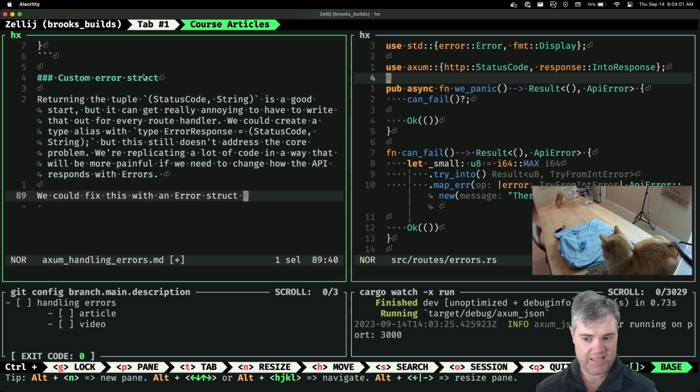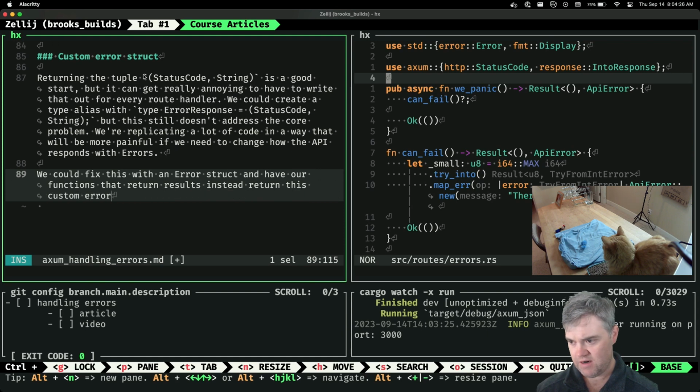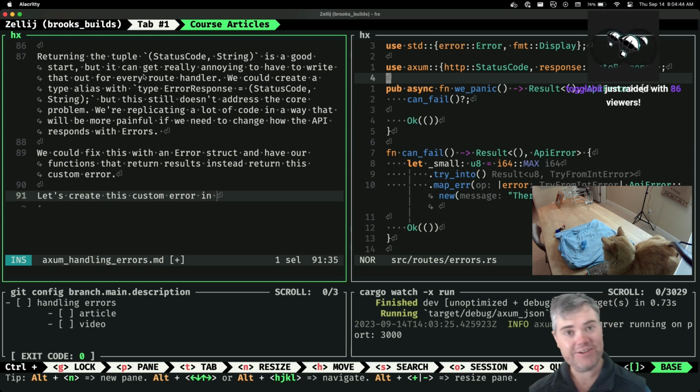We could fix this with an error struct, and have our functions that can error or that return results instead return this custom error. Let's create this custom error in